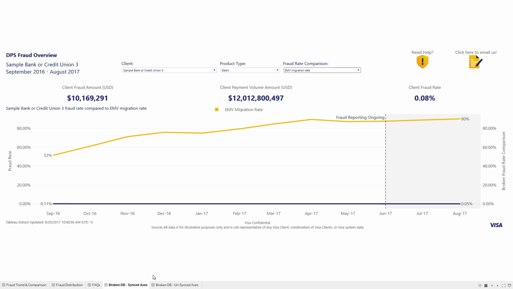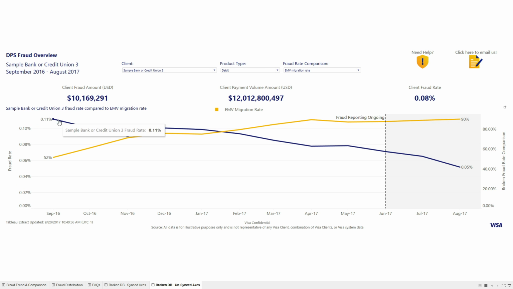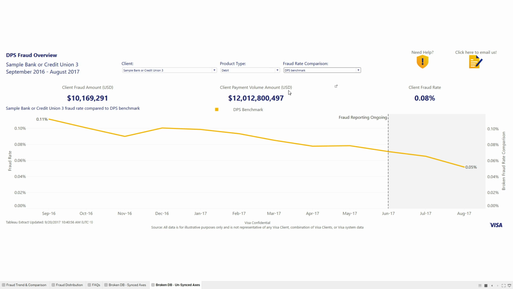So if you sync them, then they'll line up pretty closely to what we had on the first page. But when they're synced, when you bring it to something like this, they work for the EMV migration rate, but when you flip, again, I wish this was a little bit better example. If you have laser eyes, you might be able to see that these are slightly closer together. But what really happens is if you're looking at something like 5 basis points compared to 8 basis points and the ranges don't vary a lot, they get smashed together because your axes are